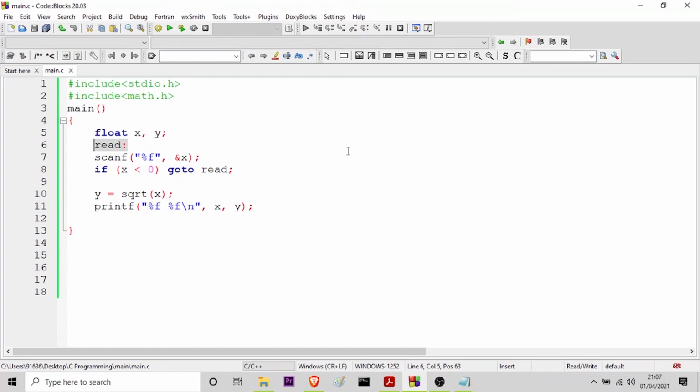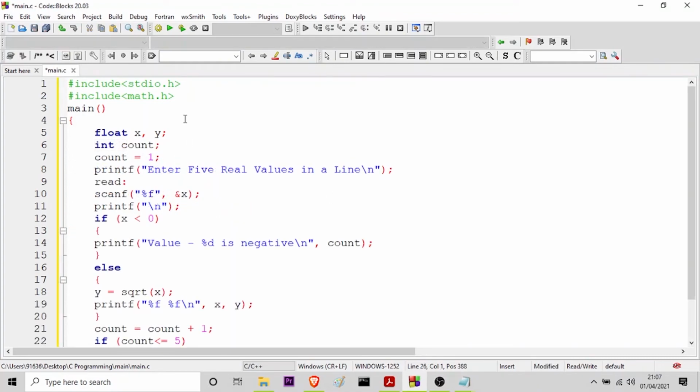And I will show you another example where you will understand more about the goto statement. Let me show it to you. So here you can see I have taken two variables x and y of the floating data type. Then I am taking a count variable which is integer data type, and I am initializing the value of count to 1.